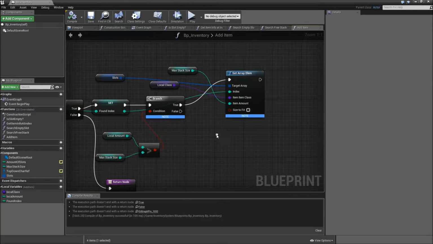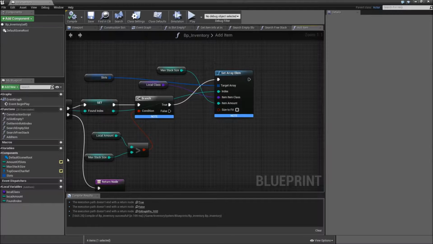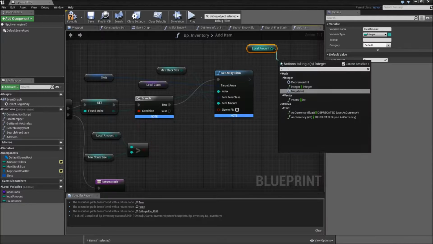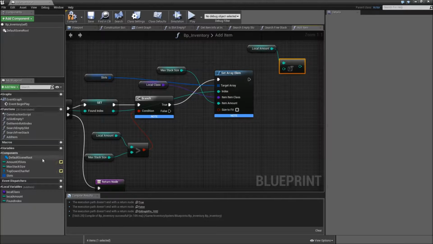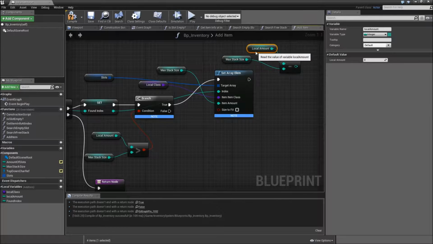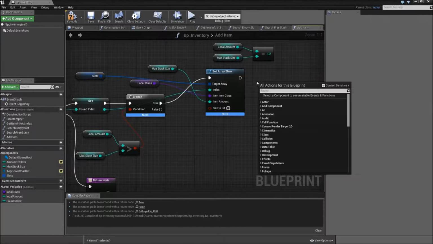But there will be a rest of items that we still have to add, so for that amount you can drag in our local amount, type in minus the maximum stack size, so this is our rest, and with that rest we will call our